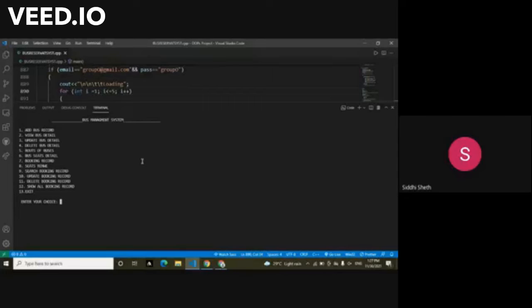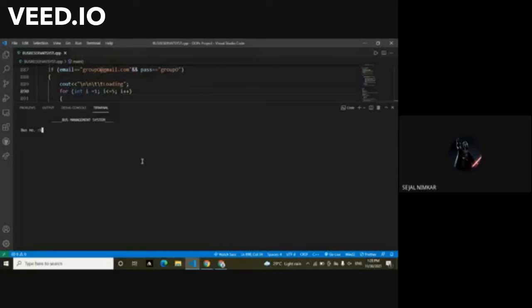Now we can also update the bus details. So now for the update bus details, since Siddhi entered the bus number ST 111 right now, if I want to update it, say it goes to some other place like Bhor, or I have to update the bus number, so I'll name it ST 333. Okay, fine. And then I'll name it as Bhor. So I'm basically updating the bus number ST 111 and giving it a different name.